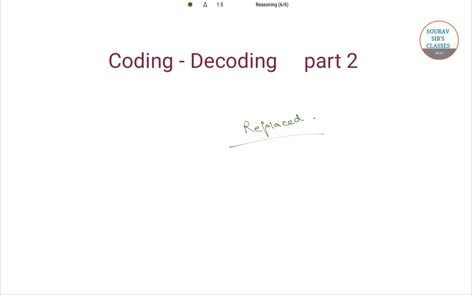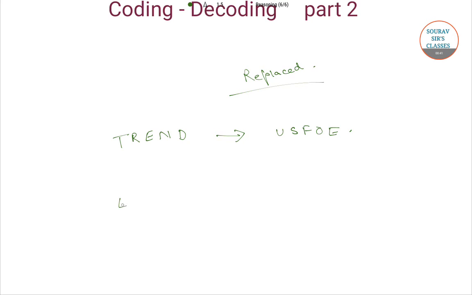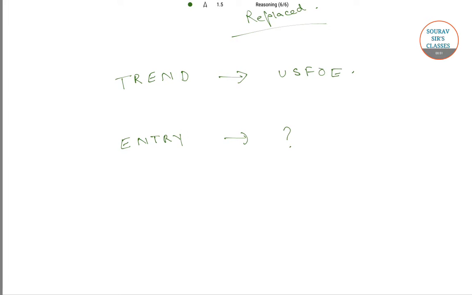Now suppose it is given that TREND is coded as USFOE, then how will ENTRY be coded as? Now here, as we can see, that